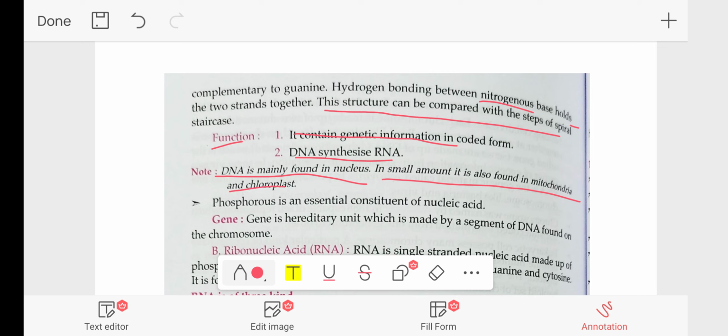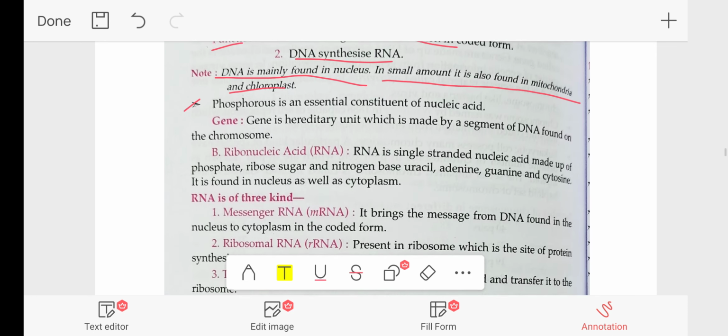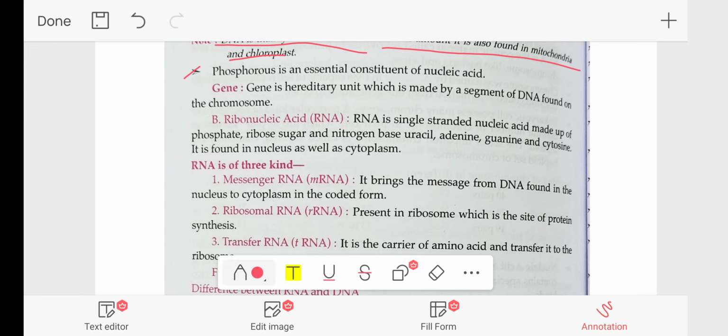Phosphorus is an essential constituent of nucleic acid. Gene. A gene is a hereditary unit which is made up of a segment of DNA found on the chromosome. Next,